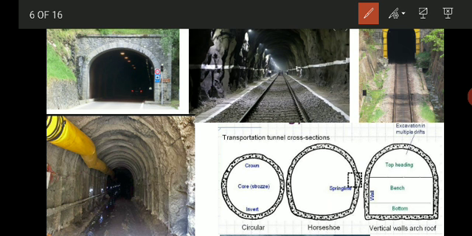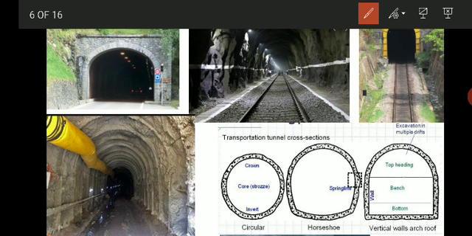Along with this, there are some disadvantages also, because they are costlier in construction as compared to the open cut roads we have, right? Because we are excavating the ground without disturbing the top. The construction of the tunnel needs special equipment and methods. It requires skilled labor, and strict supervision while constructing the tunnel is necessary. Then they cause suffocation if they are not constructed properly, or if you do not provide proper ventilation, then there will be a problem of suffocation.